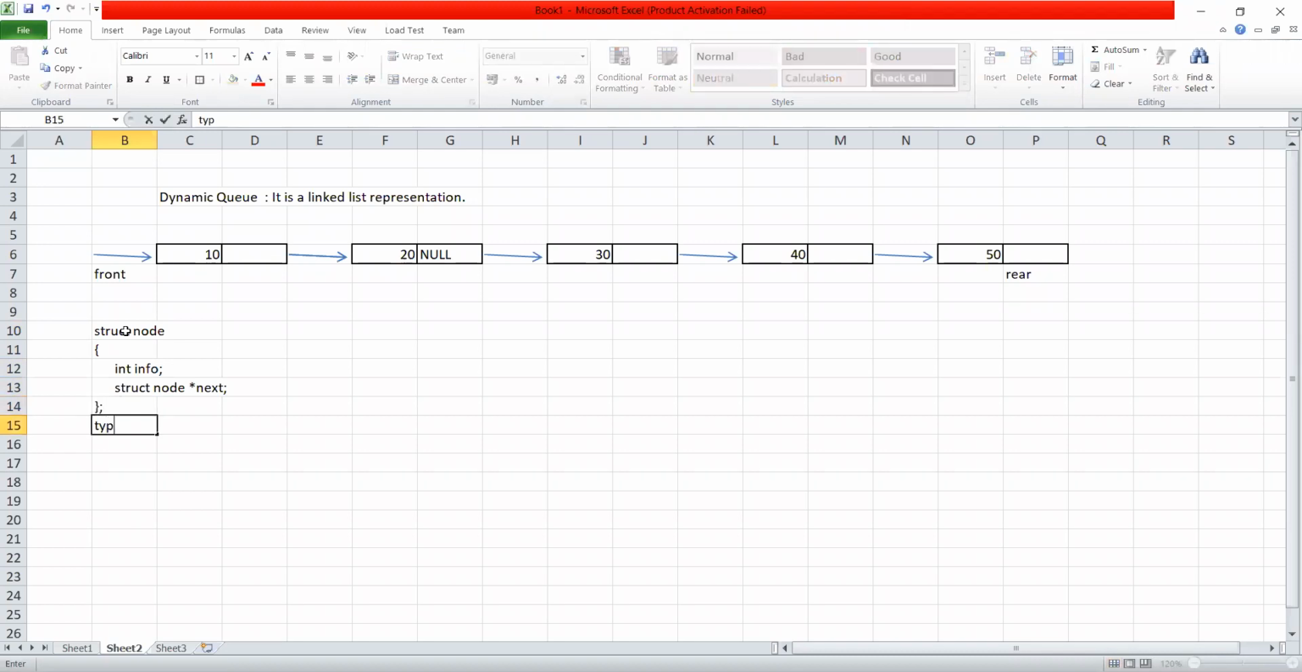Create the type definition for structure node and let the new type be node. आणि मग या नोड टाइपच्या अंडर आपण दोन एंड वापरणार आहेत, एक रियर आणि दुसरा फ्रंट. सो दिस इज व्हॉट